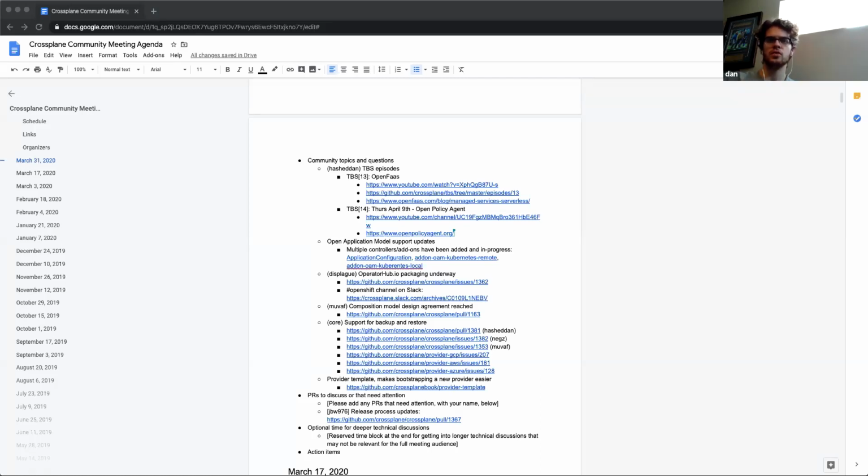And then some of these other ones are related to other components of Crossplane. So the top one there, which has already been merged, is when we create a remote resource from a Kubernetes application, which gets broken into Kubernetes application resources. In the Crossplane cluster, the name, namespace, and UID of the Kubernetes application resource gets put as annotations on the remote resource in the remote cluster. And that's basically a multi-cluster way of doing owner refs, essentially,